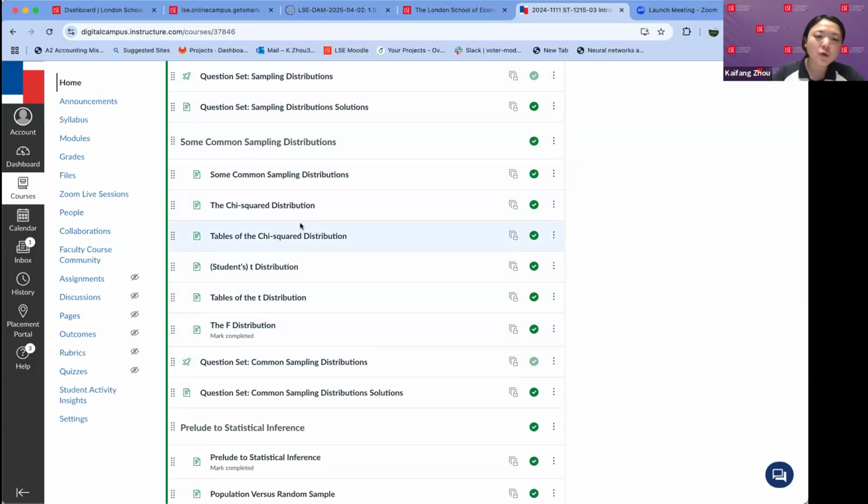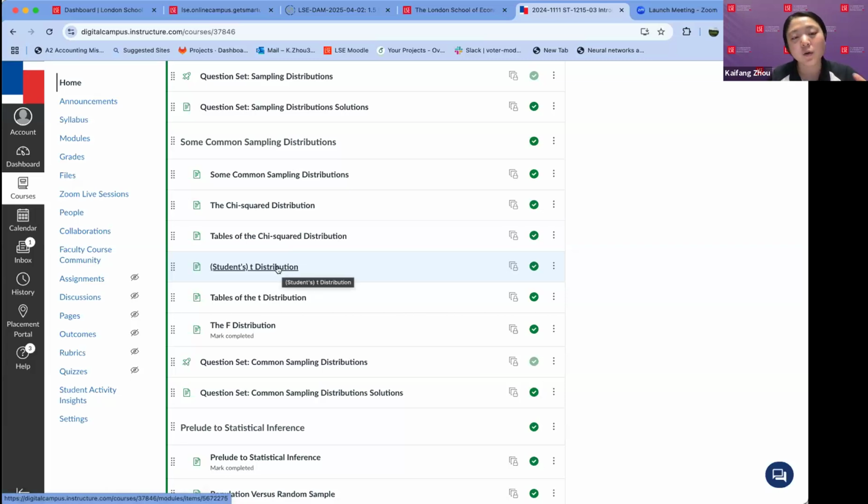So you should know how you can apply the formula to help you construct a chi-square distribution using the standard normal distribution. And then you should be able to read the statistical table for the chi-square distribution. Why is that? Because we need it for the hypothesis testing later in chapter 8, okay? And then the student t distribution. In this case, we can construct a student t distribution using the standard normal distribution and the chi-square distribution,